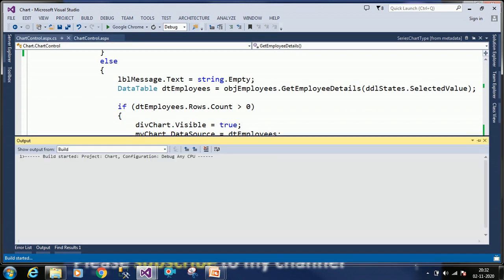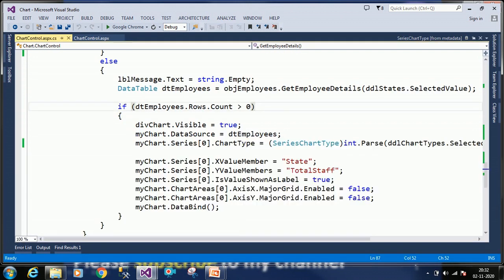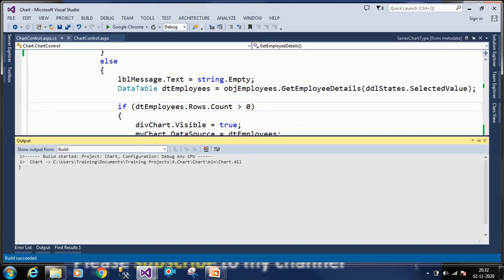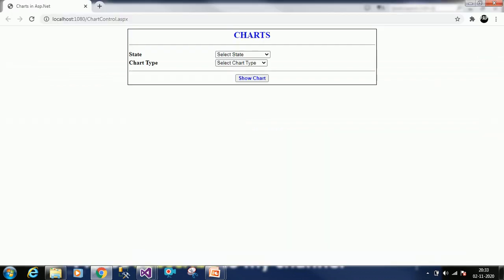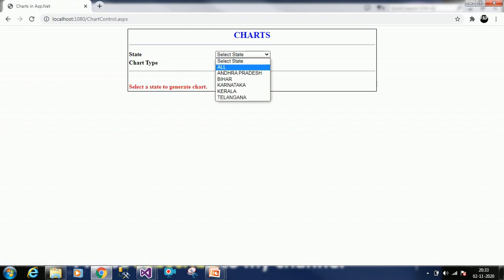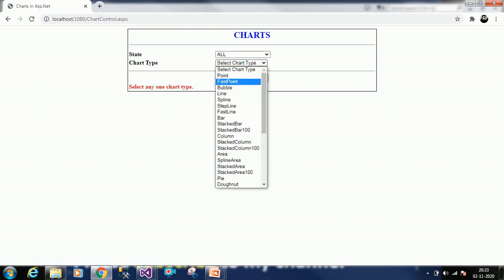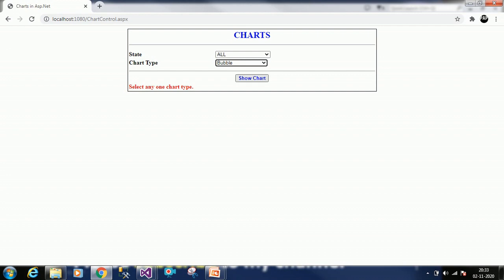There is no error. Run the application by pressing Ctrl F5. Without selecting any values, I am trying to generate the report. It's showing to select state. I'm selecting a state now. So it's asking to select chart type. I selected the chart type.